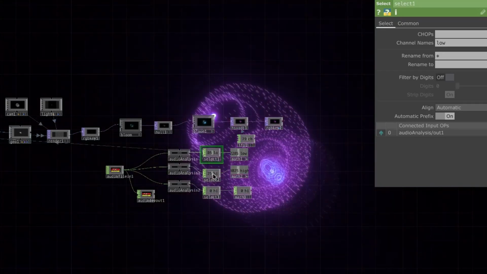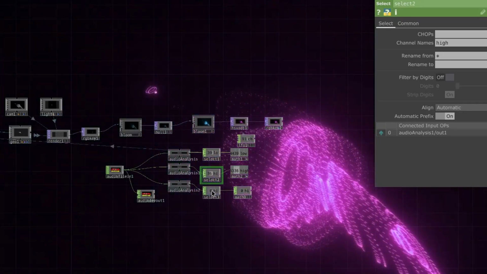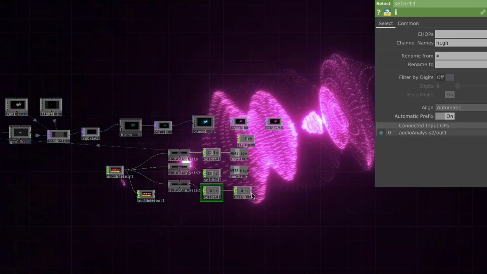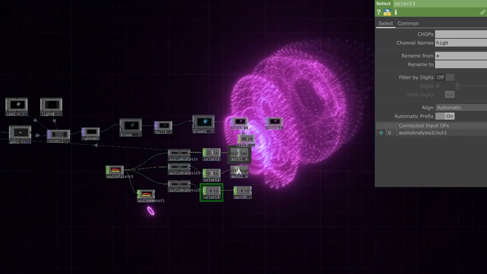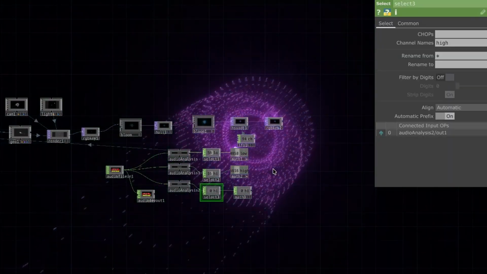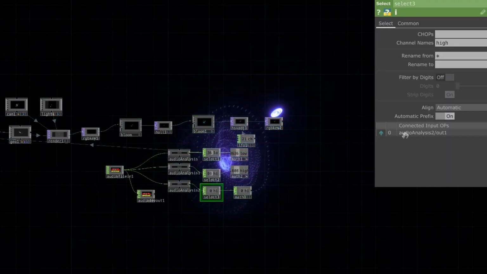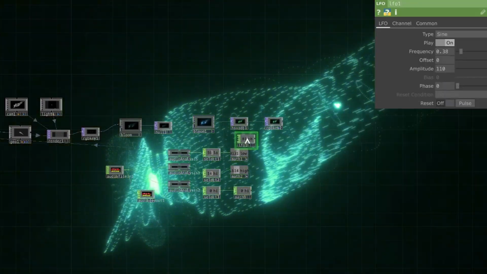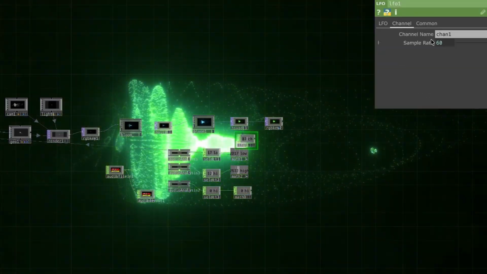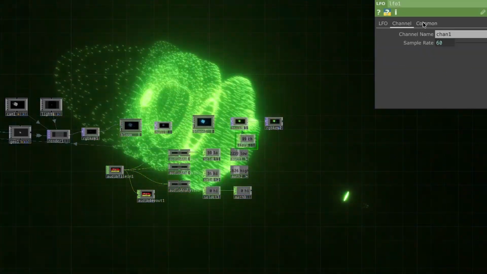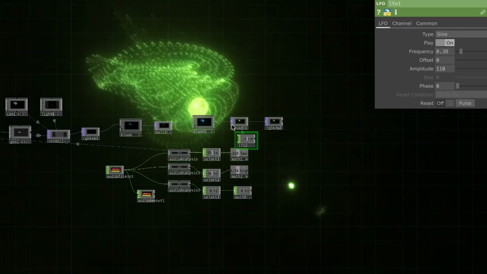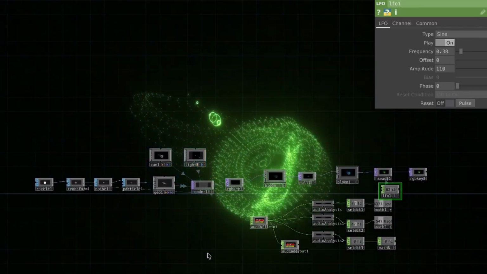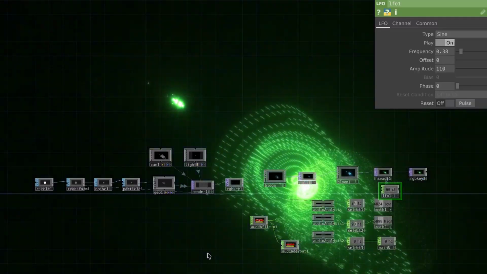I've set this select one as low, this as high, and this as high again. But I'm not exactly using this one honestly. I'm just going with these two only, so low and high. And as you can see, I have connected these inputs, and then it is connected in the time rate here and the dynamic here, and then it is connected to UFS. So this is how this whole audio reactive animation is generated.